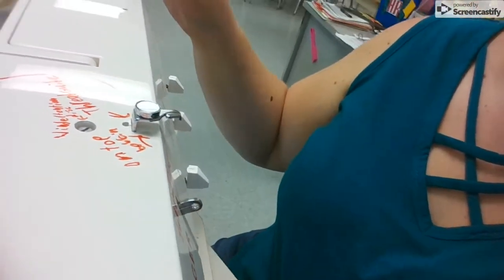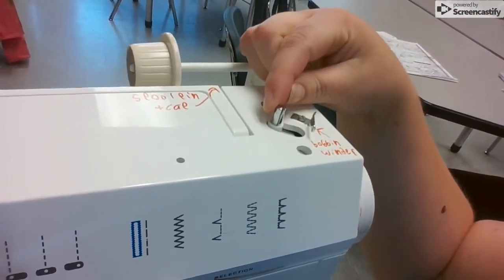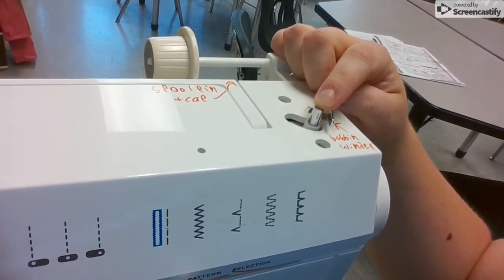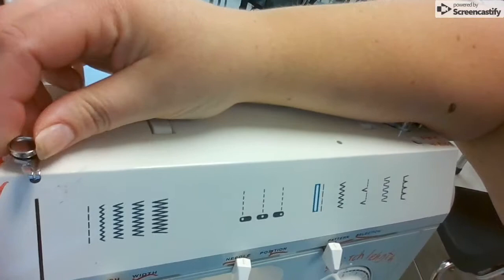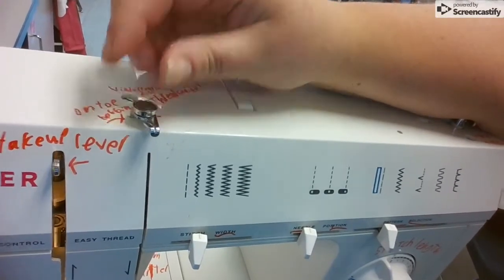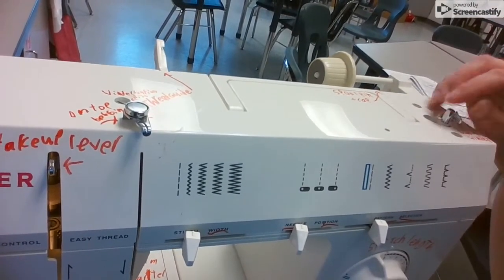Okay. Over here, we have the bobbin winder. This is what you'll use to actually wind the bobbin. Okay, so this is the bobbin winder here. This is used to wind the thread onto the bobbin. The thread tension disc here for winding the tension on the bobbin is used to keep tension so that while you're threading the bobbin, you have the correct amount of pressure on the thread so that it goes onto the